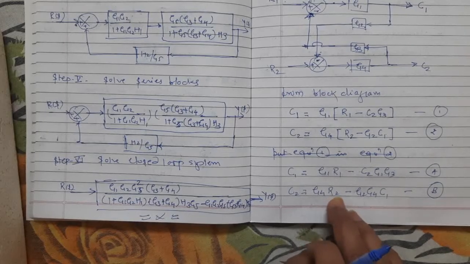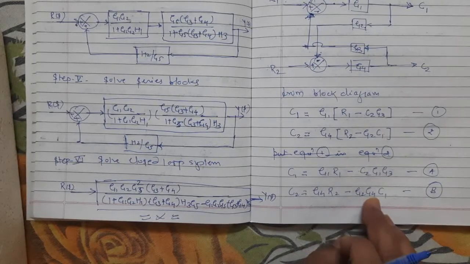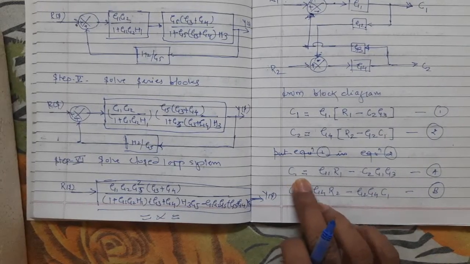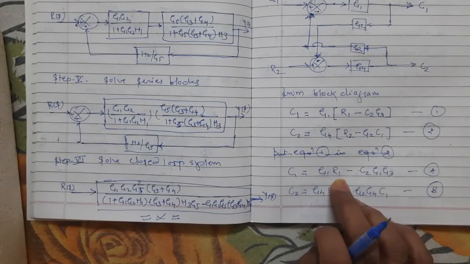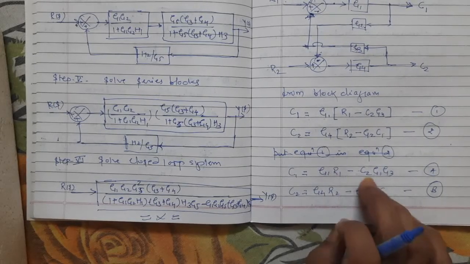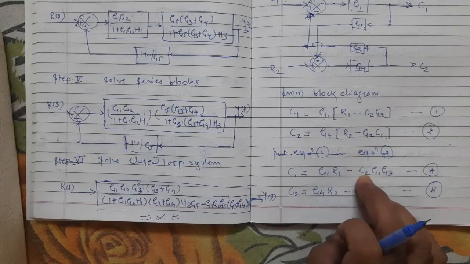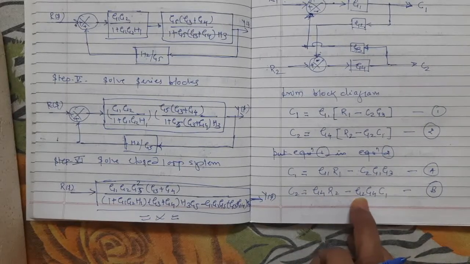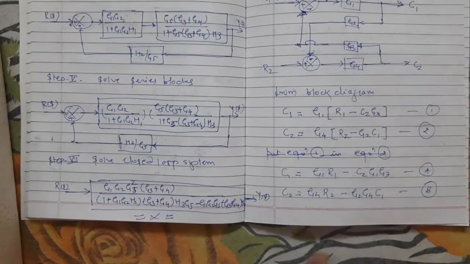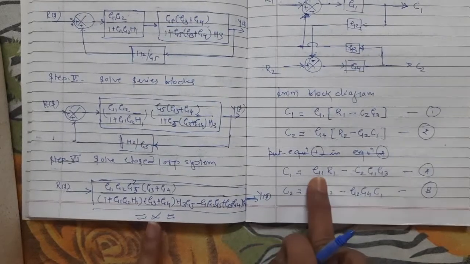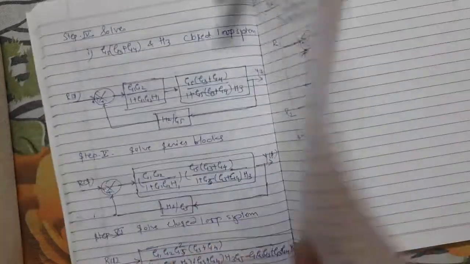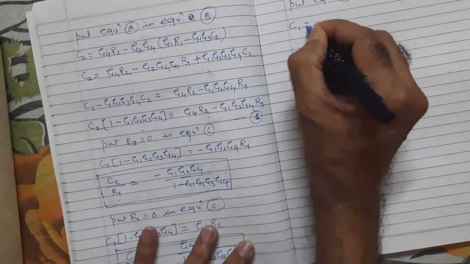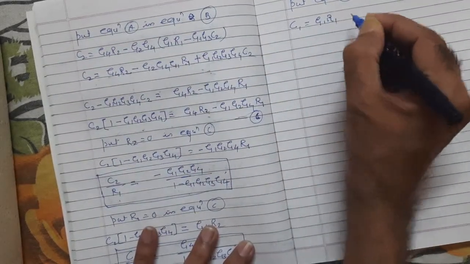Equation B is G4R2 minus G2 G4 C1. What is C1? C1 is equal to G1 into R1. And we have to substitute this value C2 by G4R2 minus G2 G4 C1. Now C1 is equal to G1 R1 as it is, minus